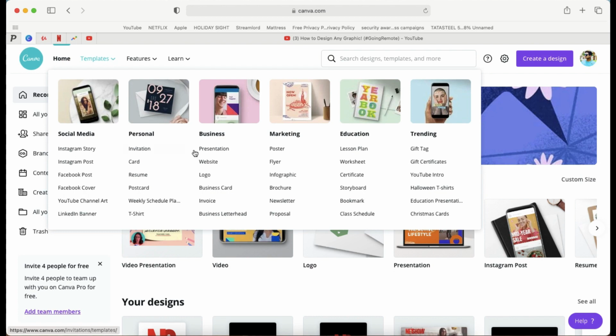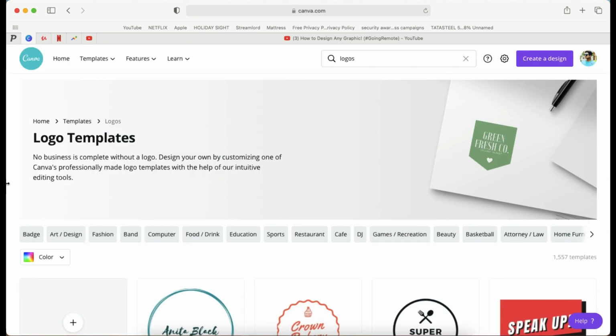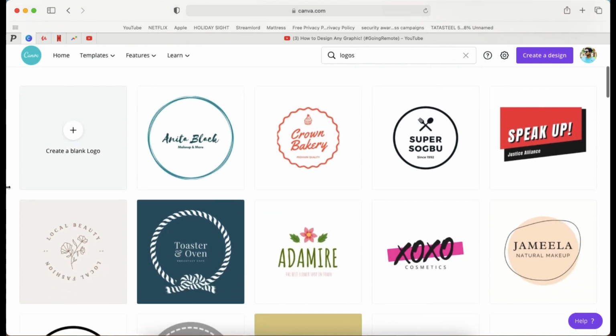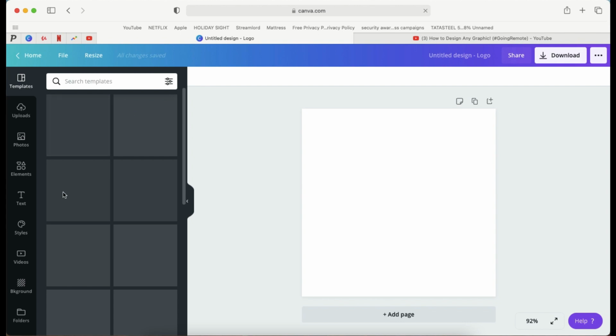So first we have to choose the template. The template we are going to use today is for logo only. So we have clicked on logo, and then they are showing us which template, which design you want to choose. We will not choose anything here, we will choose in the main editing screen, which is here.